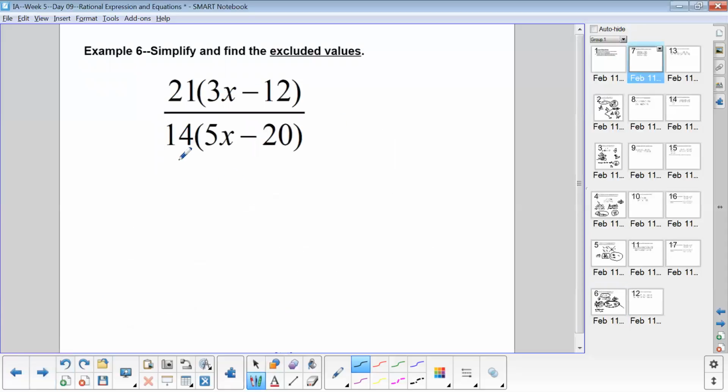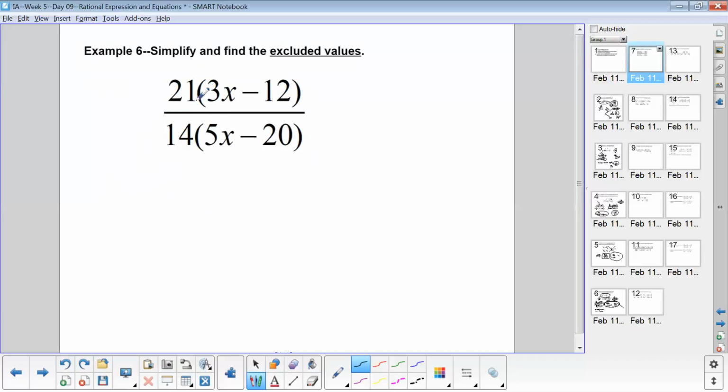Get to a problem like this. A very common mistake would be trying to divide with the 12 and the 20, trying to look for factors here and trying to divide out the x's. Those are really things that are just not part of our rule set when we're simplifying rational expressions. This calls for